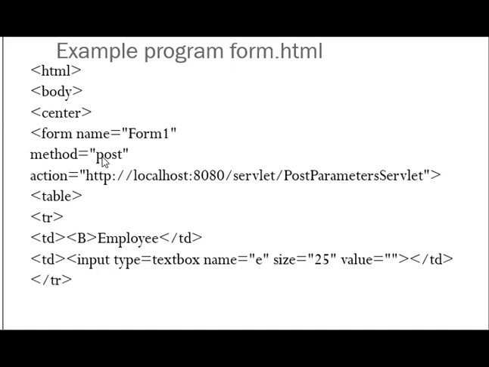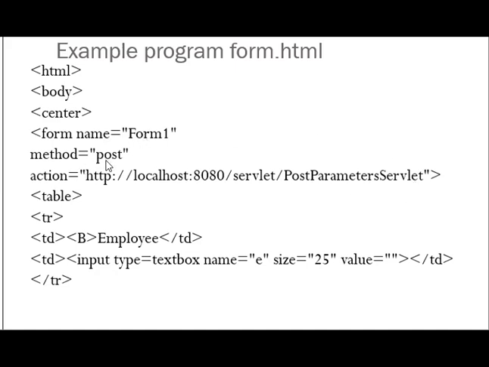But the same task can be done using get or post. In functionality, there is no difference. We can send data from client to server and server to client, and both can be done in either get or post. But the difference is in the encoding. When we use the get method, all the parameters are not encoded, or not encrypted. That will be visible in the packet itself. You can observe it in the URL itself.